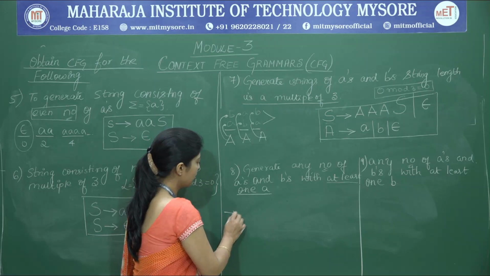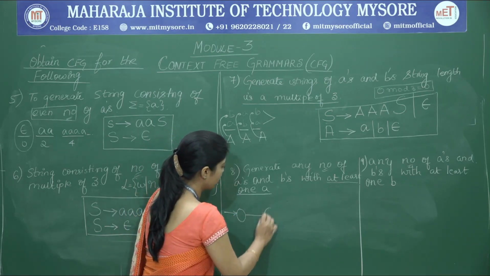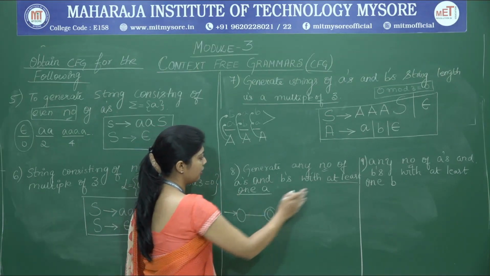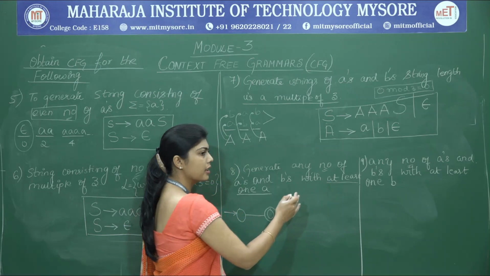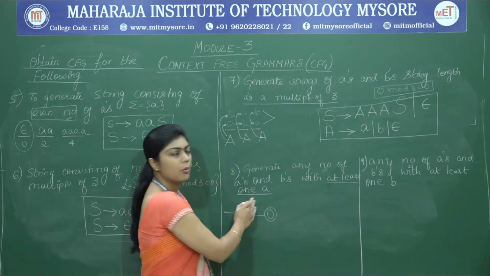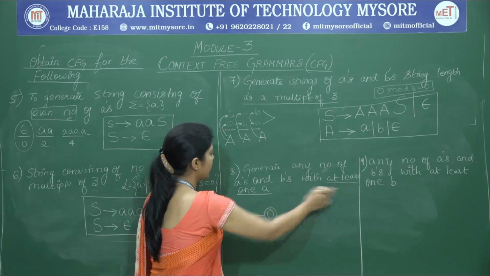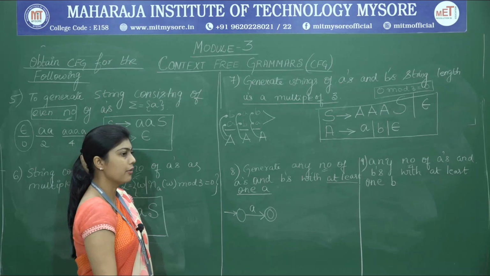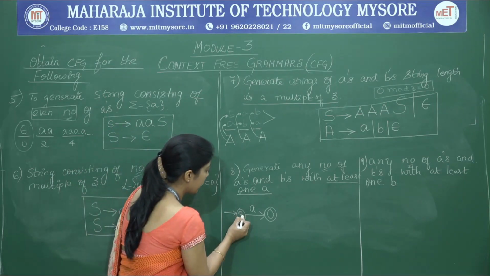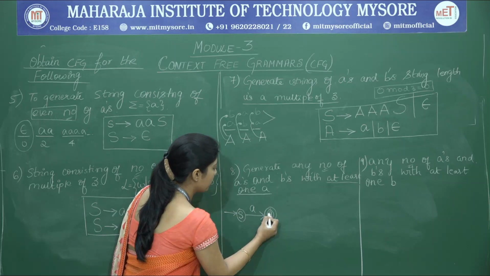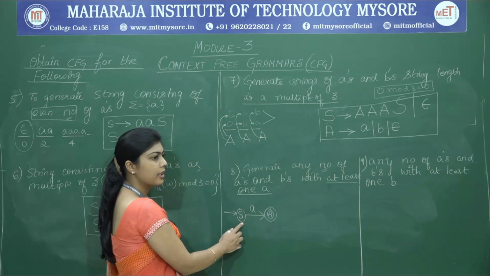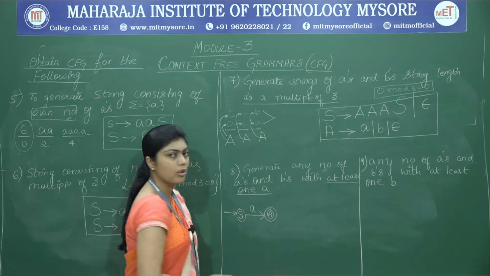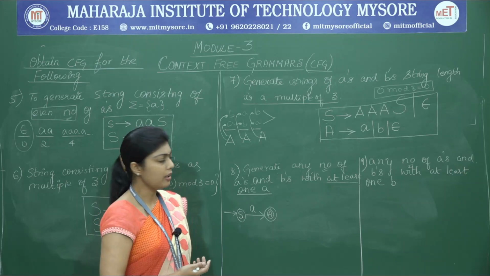We can define it. So we will have two states, and what is actually asked here is the FSM should accept a set of A's and B's, but there has to be at least one A. So when there is at least one A, this is the minimum string that has to be accepted by the FSM. So this we will name as S, and this state we are going to name as A. So always the start state will be named as S, and the rest of the states can be A, B, C, D and so on, depending upon how many states are there in the FSM.